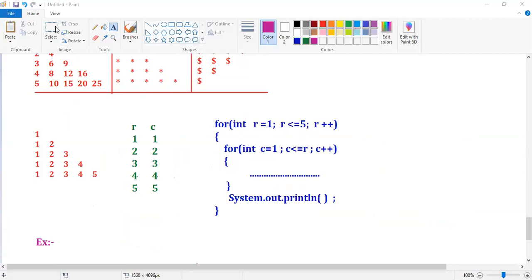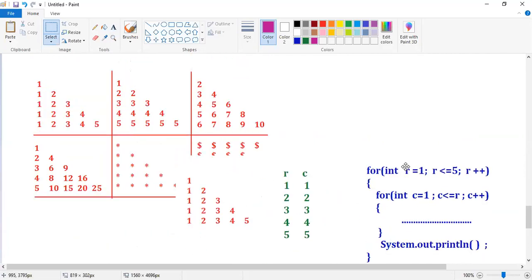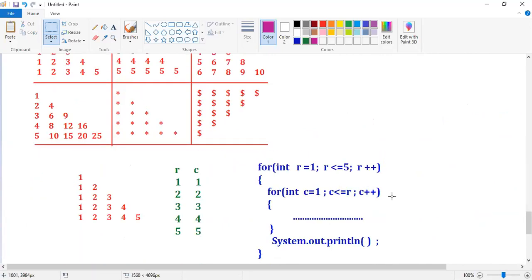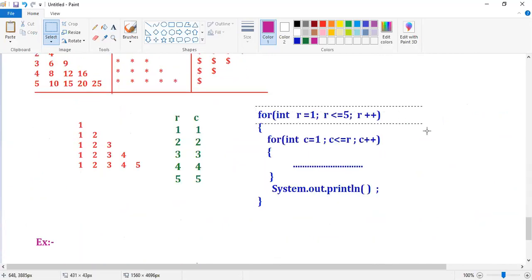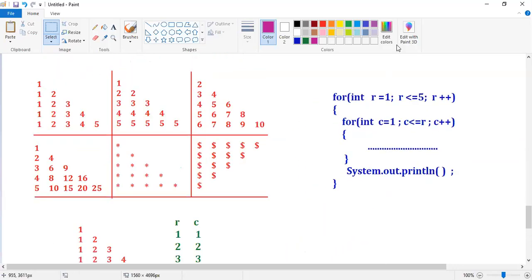Just a minute, Akhil. I will place this logic. Is it possible? Yeah, check it.